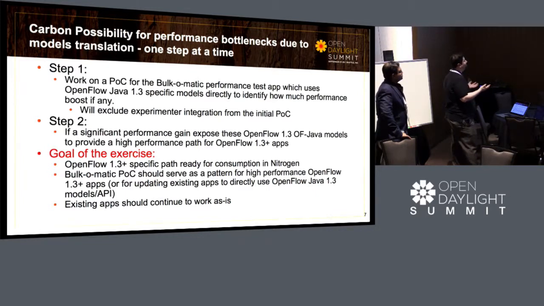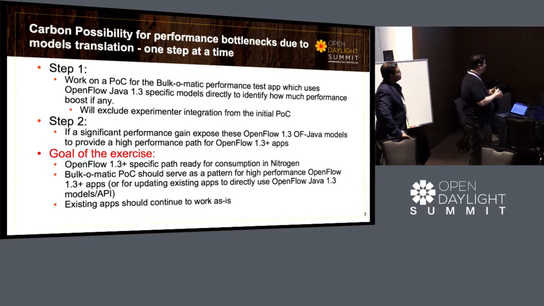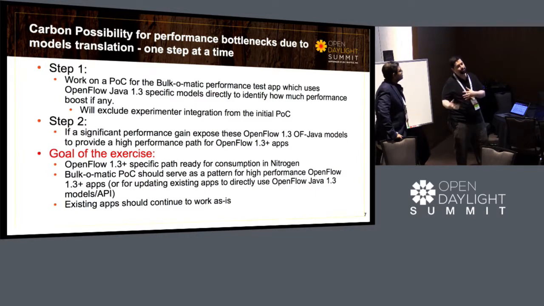So the goal of the exercise is to have this OpenFlow 1.3 specific path available for consumption in Nitrogen, and the bulkomatic POC could serve as a pattern for this high performance OpenFlow 1.3 apps, or for updating the existing apps to use these OpenFlow 1.3